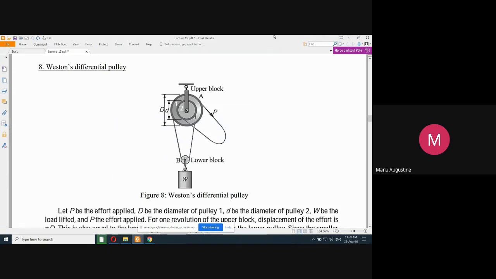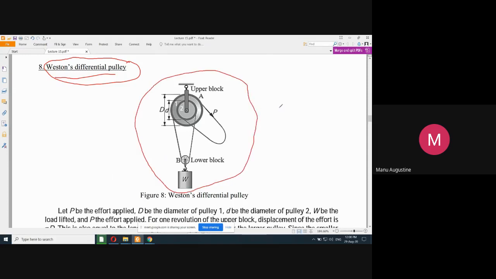Now, in this lecture, we will be continuing with our lifting machines, and now we are going to discuss the eighth lifting machine mentioned in your syllabus, that is Weston's differential pulley. The Weston's differential pulley block as a two-dimensional diagram is shown here in this figure. Although it should be apparent